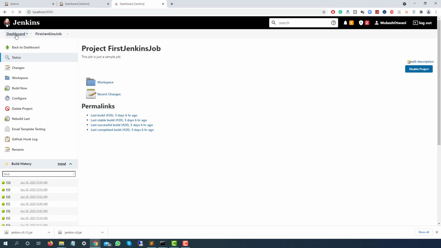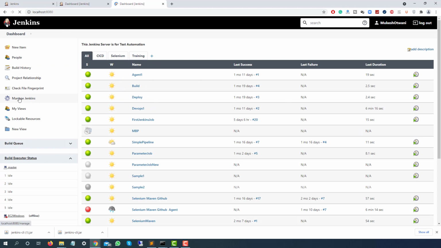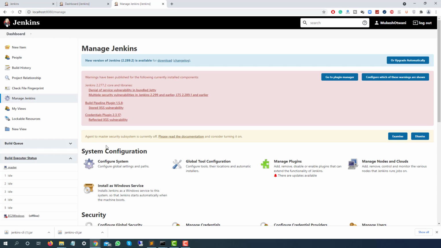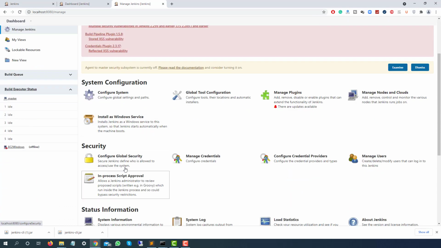For the time being, go to dashboard and click on Manage Jenkins. Scroll down and you can see one option called security. Configure global security. Secure Jenkins defines who is allowed to access or use the system. So I will click on this security. Right now, only the logged in user can do whatever things can be done.